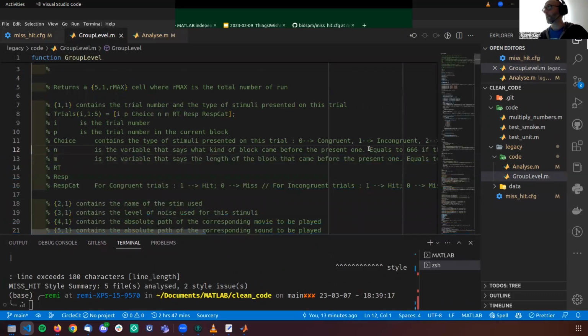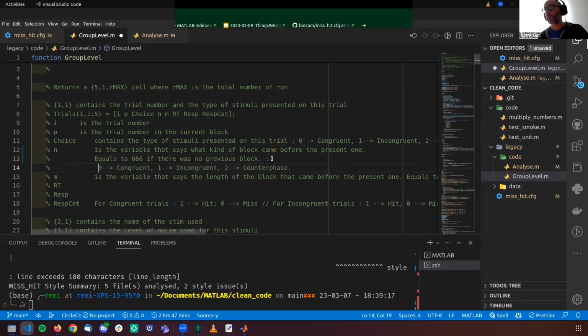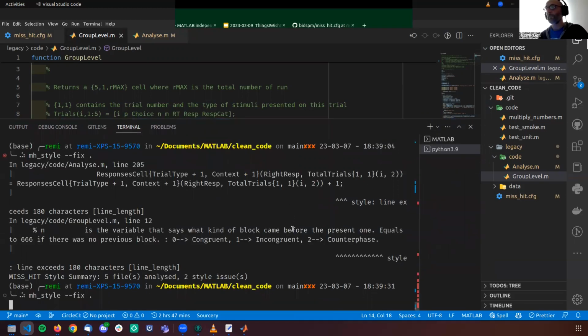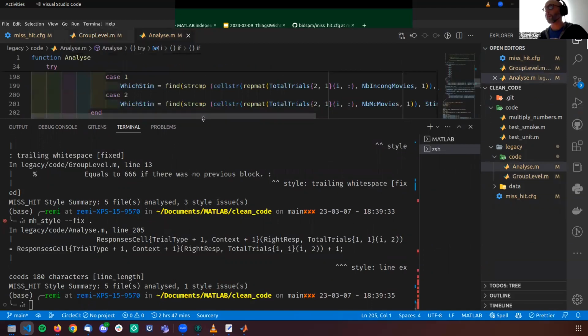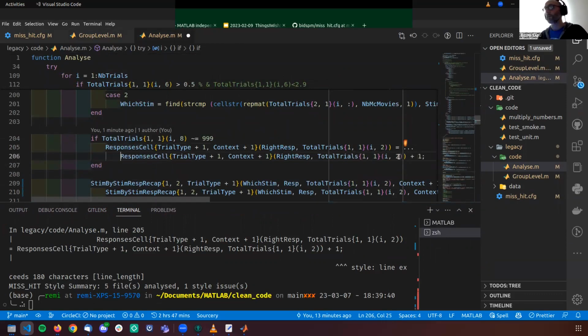Line 12. That's a very long comment that we can start to rewrite in a way that's a bit easier to read. For example, something like this. And then, so now we have the same line is going to create some more problems. 205. Let's try to address this issue the same way we did with the previous one, and so on.